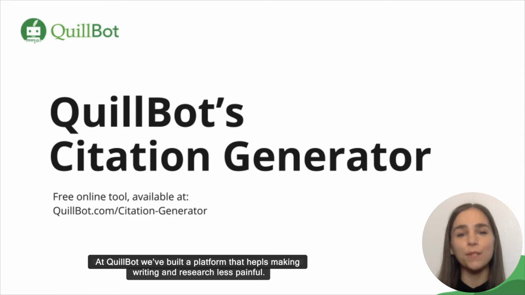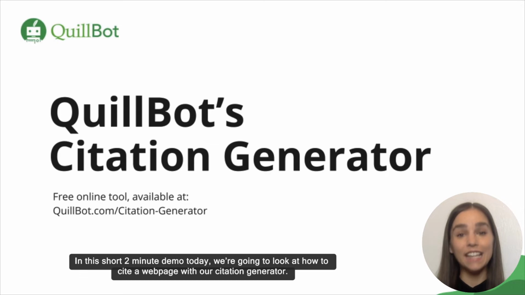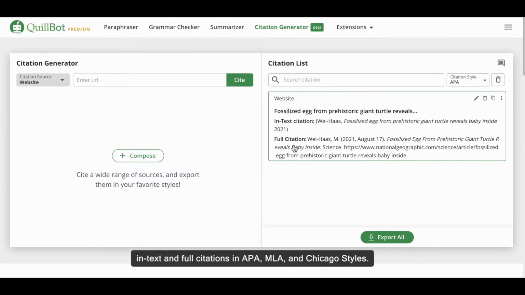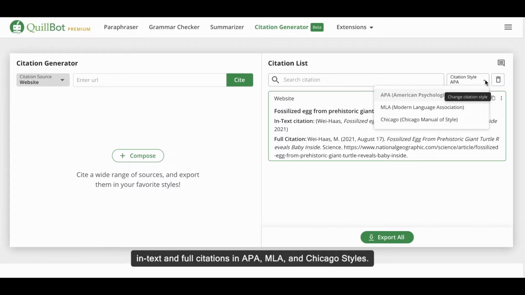At Quillbot, we're building a platform that helps make writing and research less painful. In this short 2-minute demo today, we're going to be looking at how to cite a web page using our citation generator. Quillbot's citation generator can help you quickly and accurately create both in-text and full citations in APA, MLA,